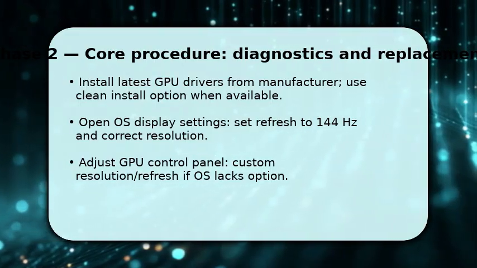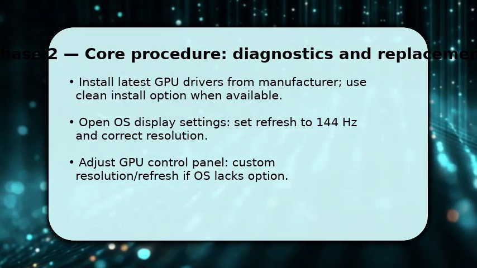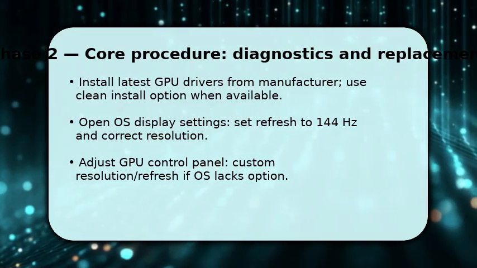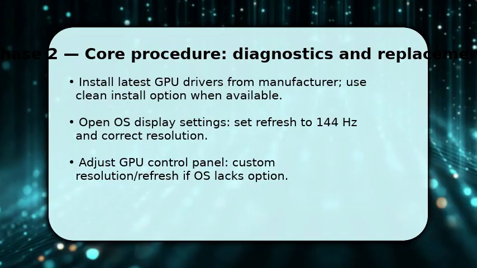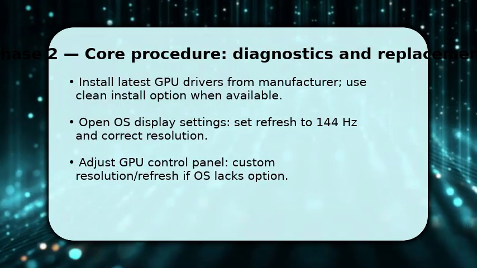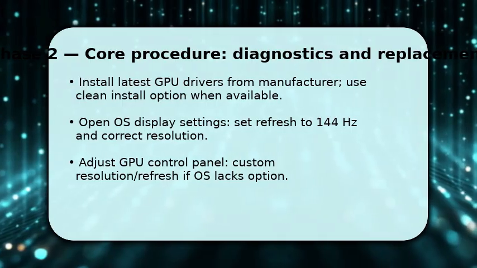If 144Hz is missing, open the GPU control panel for advanced display modes. Once there, create or enable a custom resolution and set 144Hz. This forces the handshake. Make sure scaling and color formats are standard, because unusual formats